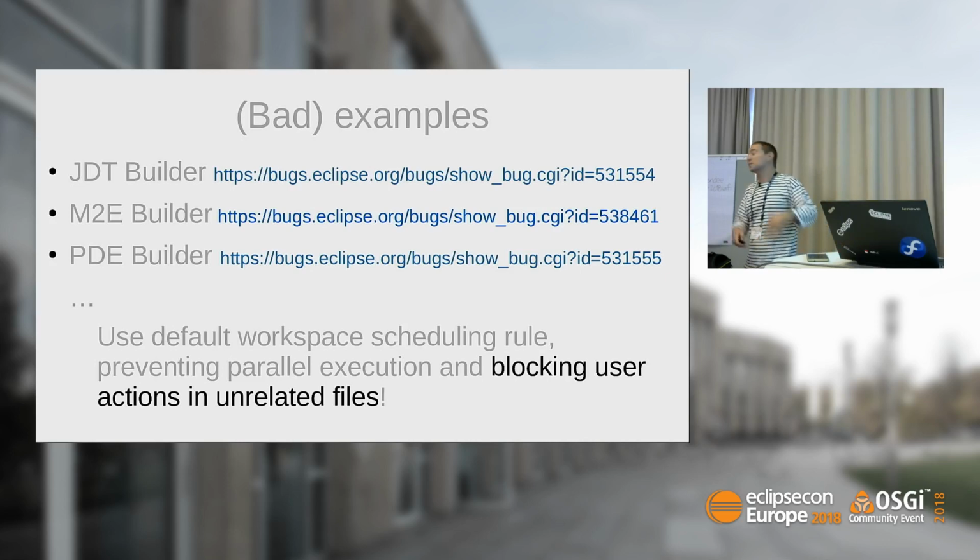So it's probably a legacy reason that this was never improved, because the IncrementalProjectBuilder getRule interface was added a bit late. It was not very early in the Eclipse IDE. So those builders probably decided to not use it, or just didn't know about it. So JDT causes the nasty pop-up, M2E causes the nasty pop-up, and PDE causes the nasty pop-up. That's the state of the art of our beloved IDE.